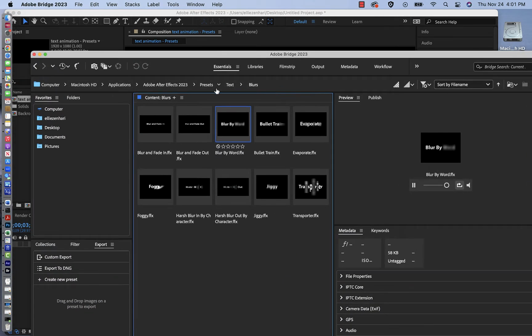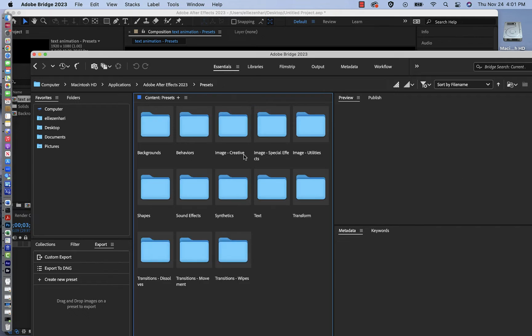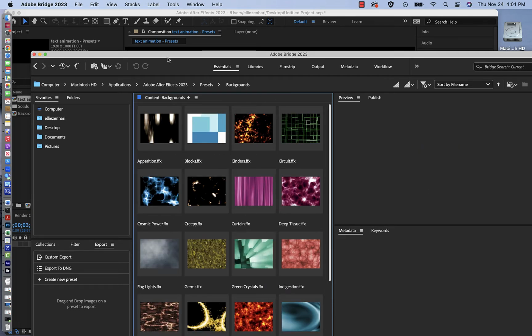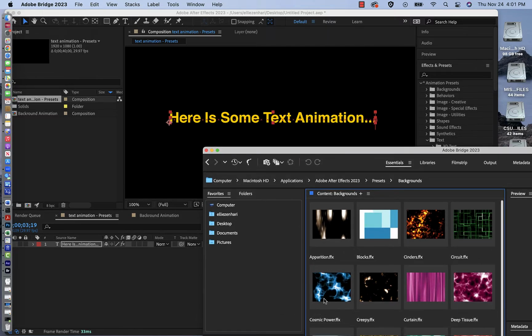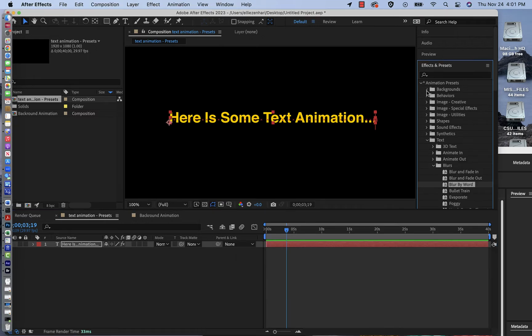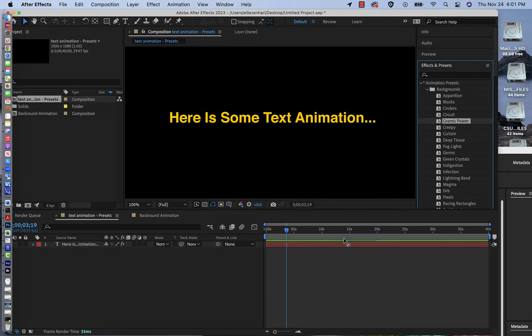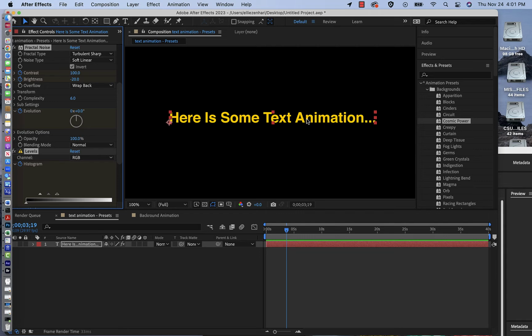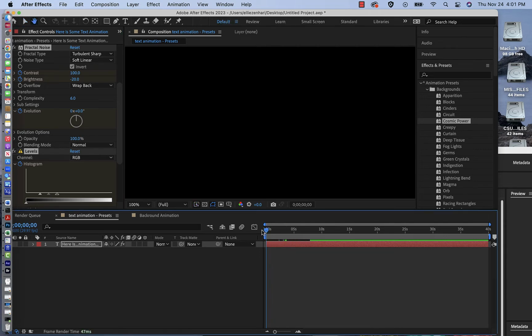Another thing that you could do is preview them here, and then you can go back here and maybe choose another setting. And you can add to this. So I'm going to come back to my background and I'm going to grab this effect. It says Cosmic Power. I'm going to drag it onto the text or drag it on the layer, either or, but it needs to highlight like this. Now you could see that not only do I have my text fading in,